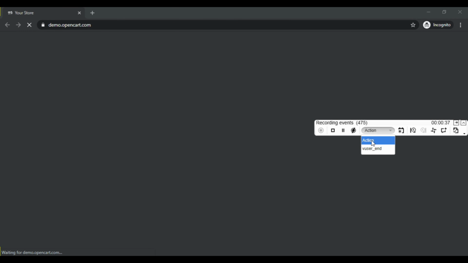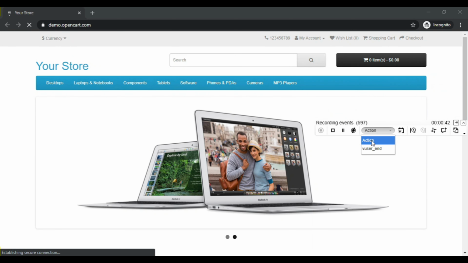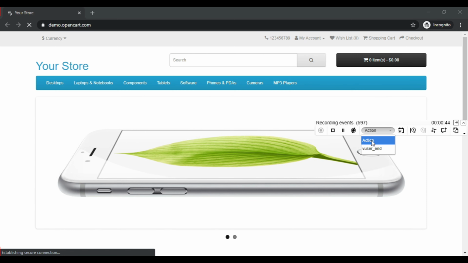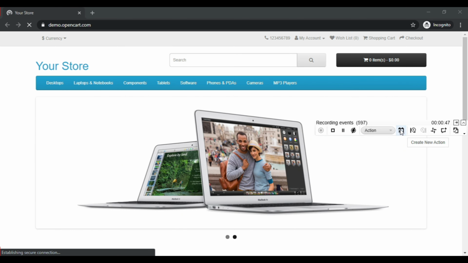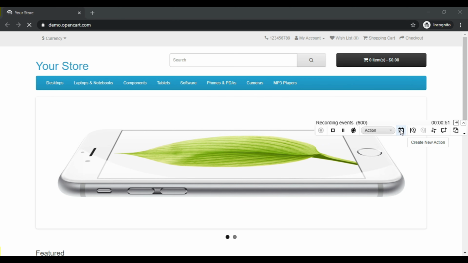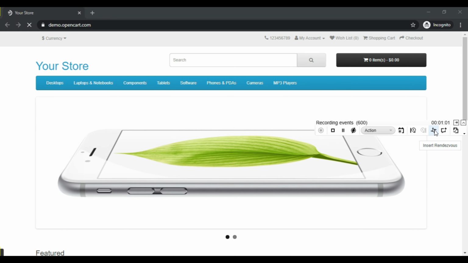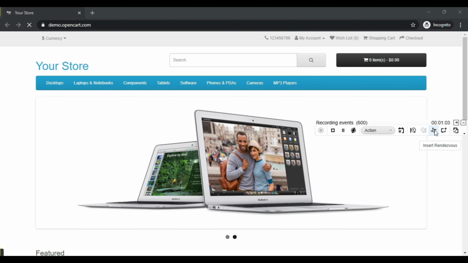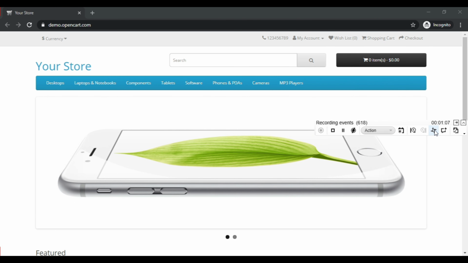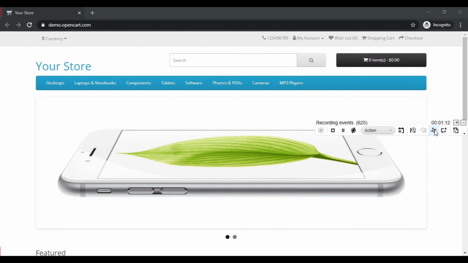And here you can see the action, vuser_end. These are the script parts of your VuGen. We will discuss this in detail in the next video. This is for inserting a new action block in your script while recording itself. These two options are to insert a start and end transaction, and this option is to insert a rendezvous point in your application recording. To know more about the rendezvous point, refer to my previous video on performance test objectives.